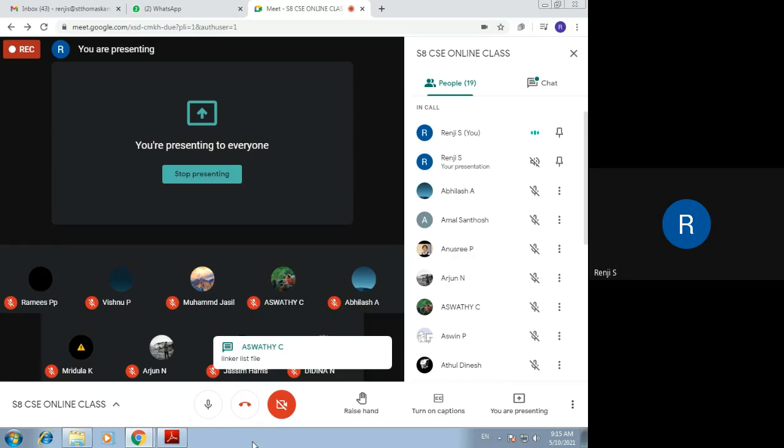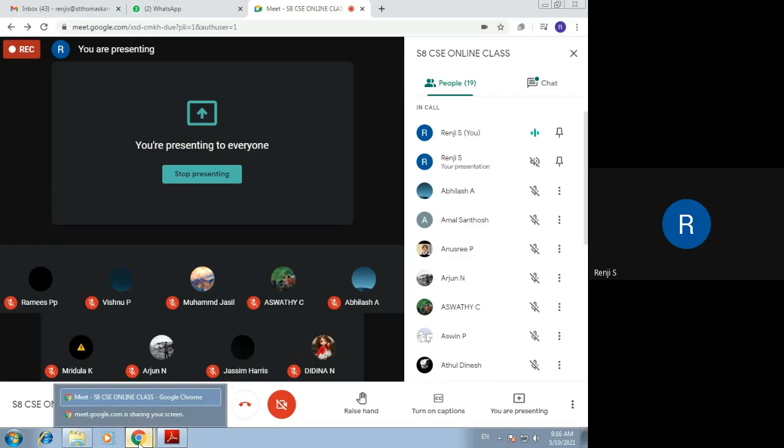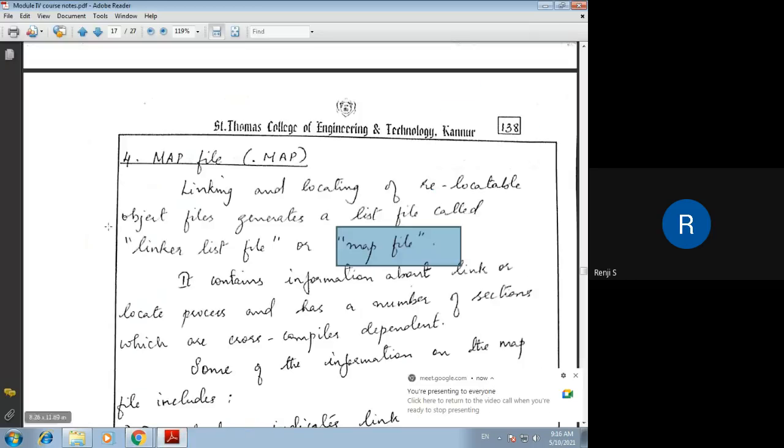It is called that because it is generated as a process of linking and locating the relocatable object code. Object code is always relocatable. It can be placed into any memory location, and the memory addresses for the object code are assigned by the linker and locator. Once the linker and locator assign absolute addresses for the object file, the details of such memory addresses will be stored in a file called the map file, with extension .map, also called the linker list file.